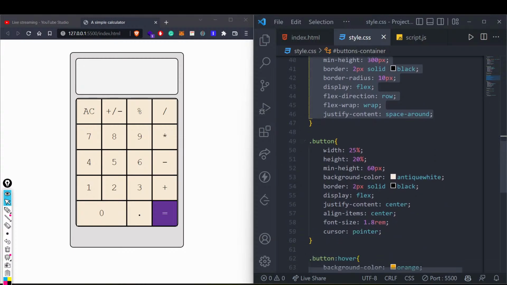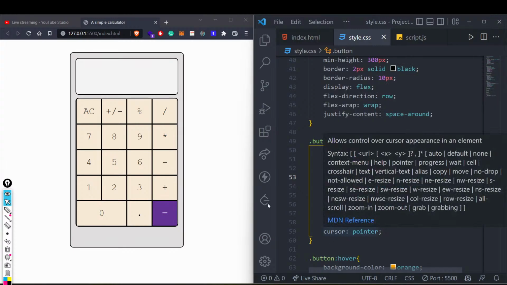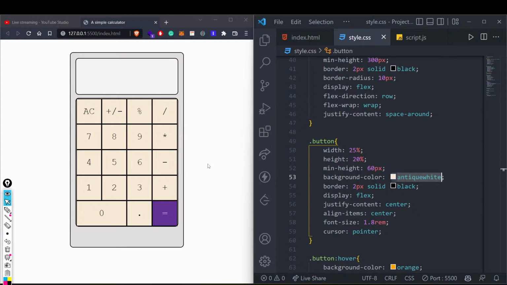Again, for the button properties, we have set the width we want as this percent, the height as this percent, this is the color that we want for our button, and this is the border we want for our button. And cursor pointer means that as soon as I enter any button, my cursor will change to the pointer. If I am hovering outside, it is a normal pointer, but if I come inside that button, it shows a hand icon, right? So this is possible with this particular property.